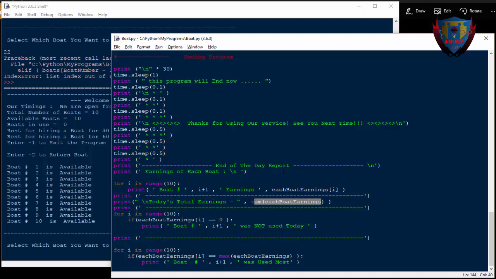Next I will iterate one more time, and I will show the earnings of each board, whether the board is being used or not. If I find 0 earnings for any board, that means the board was not used. And if I need to find which board was used the maximum, let's suppose board number 9 was hired 10 times and it has the maximum earning, so this function will give me the maximum value, which will be of board number 9. Let's say it was $100, but I need to find the index, so I will iterate and